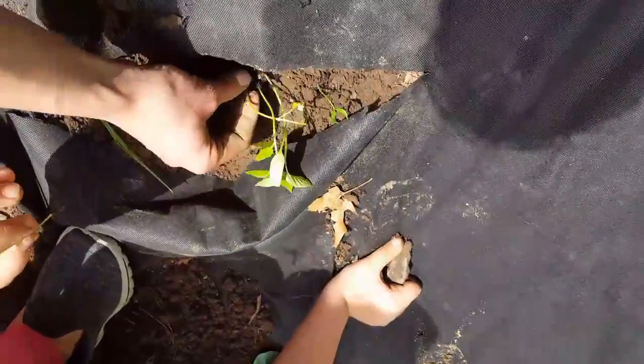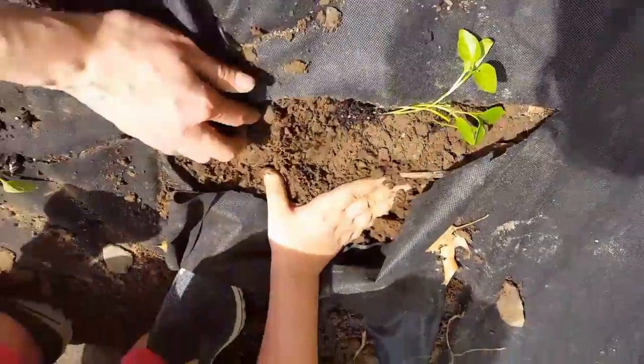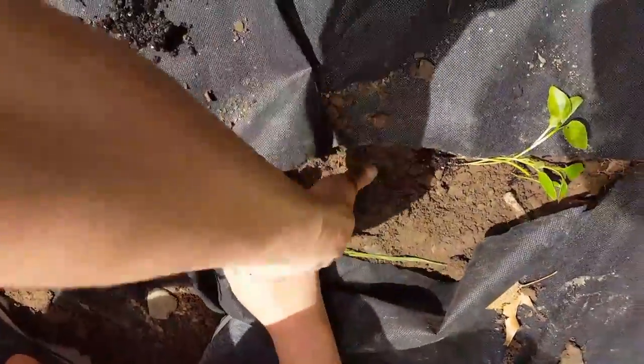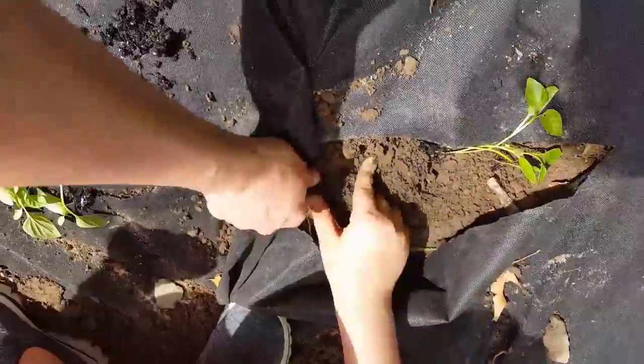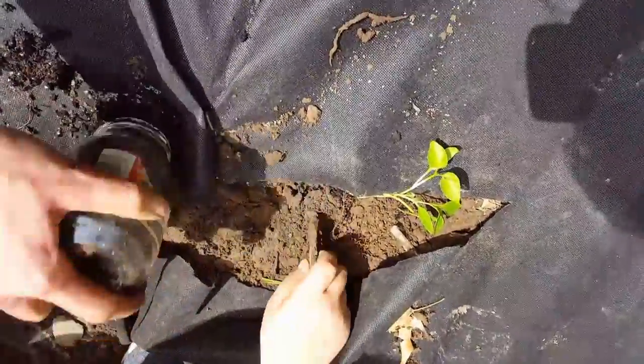So just put them in, space them. What I'm saying, you just put a little bit in, move some more soil. You don't even have to use a rock. You could use your fingers. Okay, and then we're going to take this soil and we're going to...